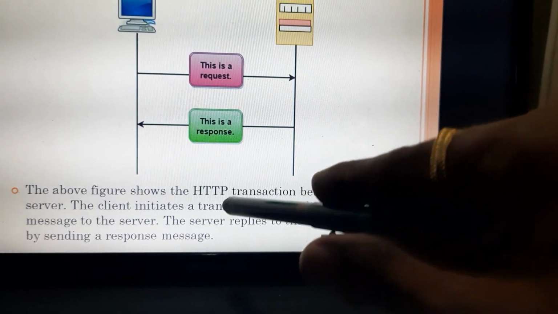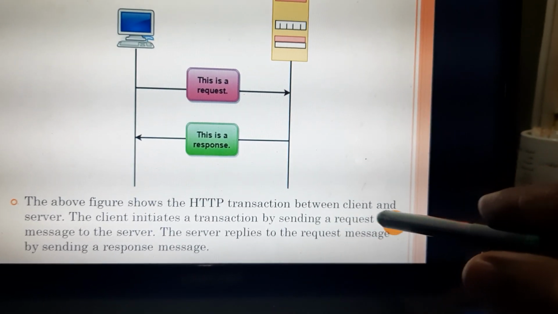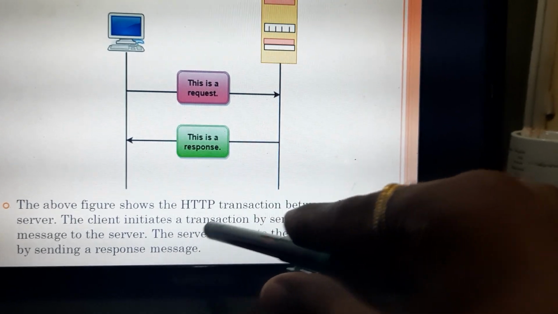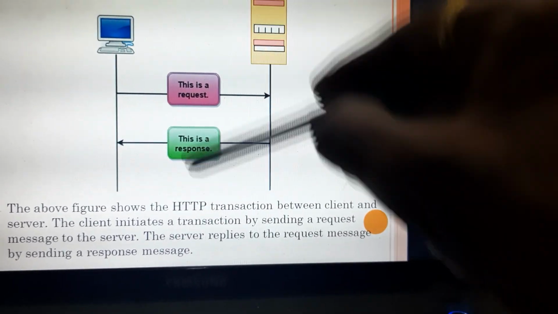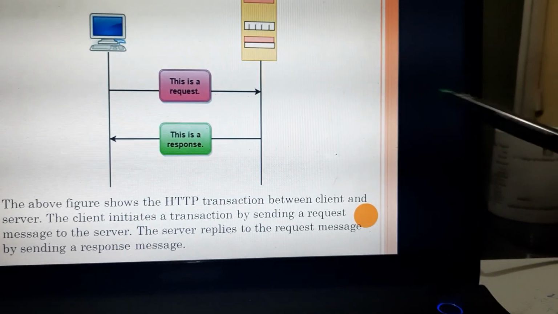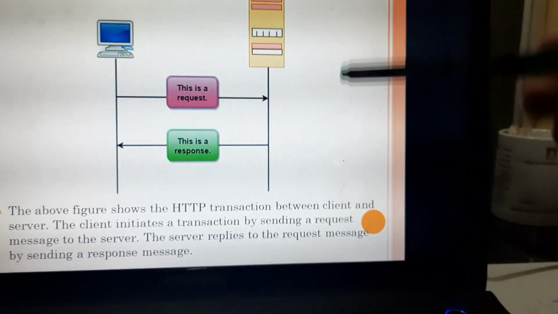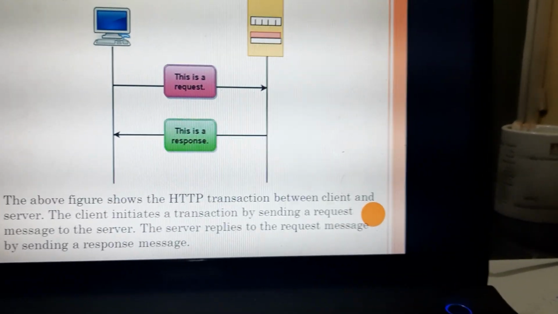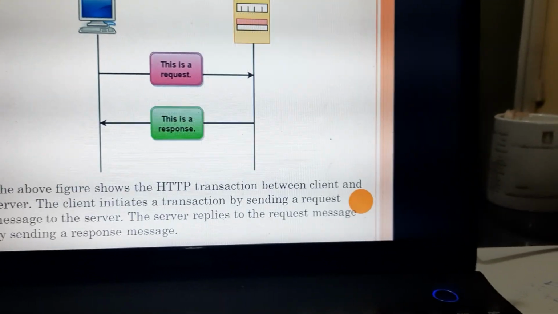As stated, the above figure shows the HTTP transaction between the client and server. The client initiates the transaction by sending a request, because until the request is made to the server, the server will not send any information to the client, because the server doesn't know what information the client requires.